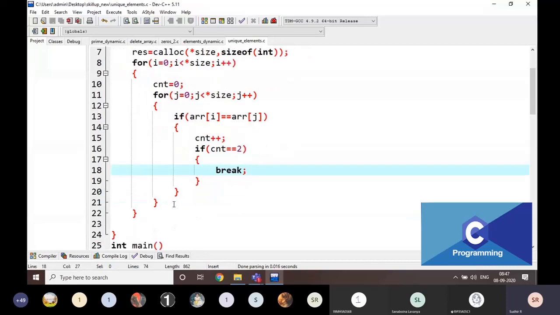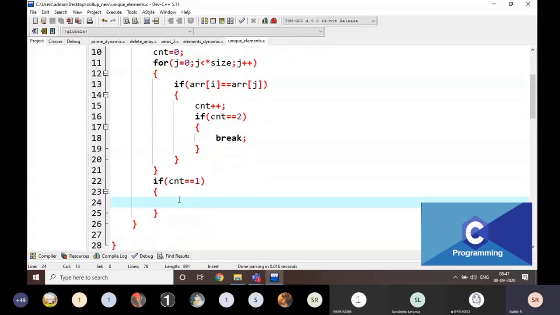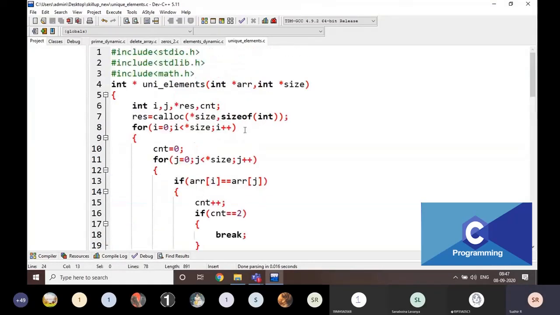Here if CNT is equal to 1 only, I am going to push the value into the result. I will explain with an example, so don't worry about that. I am going to take some element count EC is equal to 0 here.